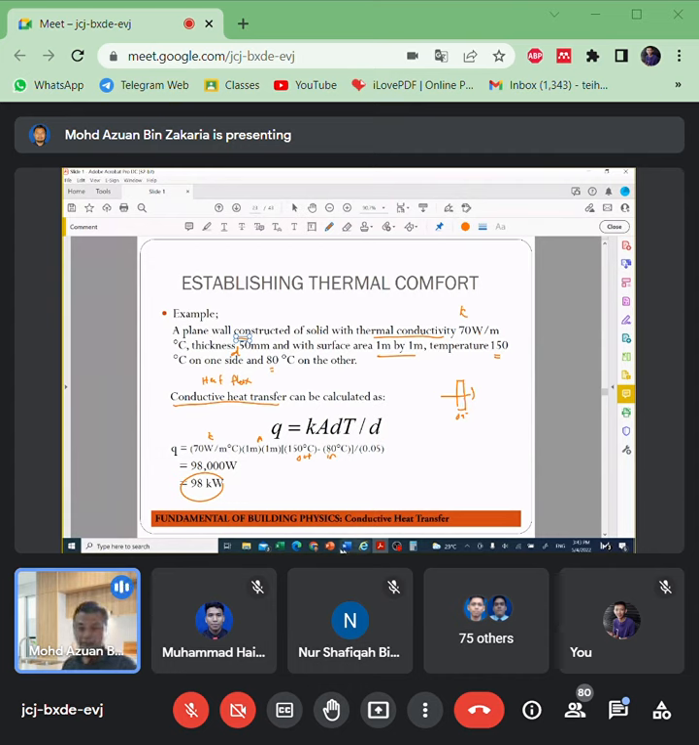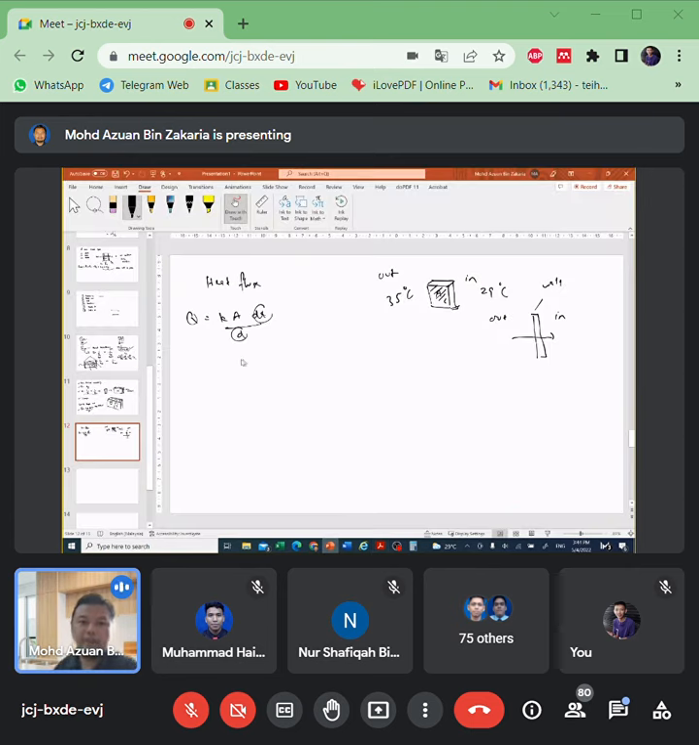Okay, but this example is only for one layer. One layer, one type of material, one K value and thickness. So if it is one layer, we can use this equation, heat conductance, Q equals K A dT over d. d is still in meter, and dT is the temperature difference, delta T. But if we have several layers,